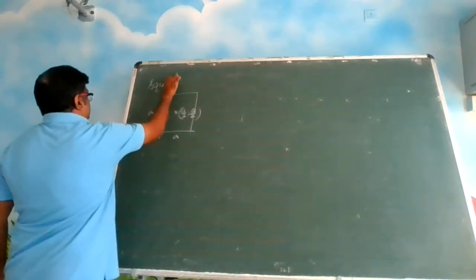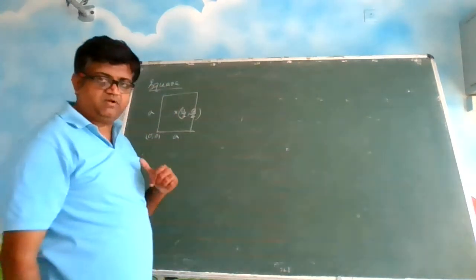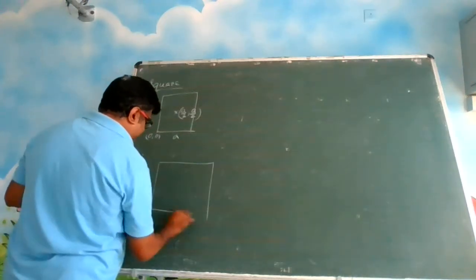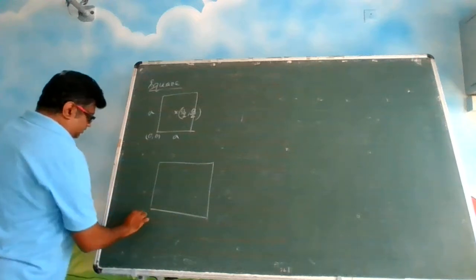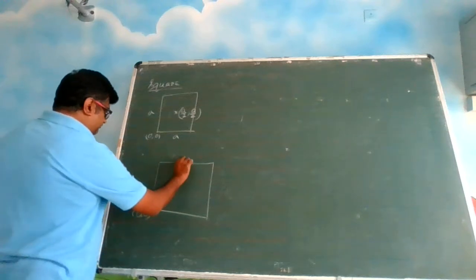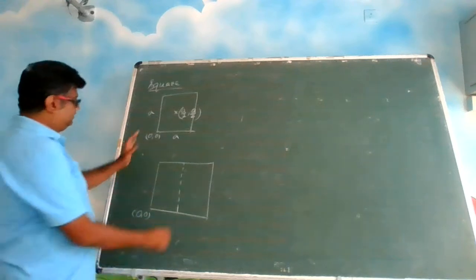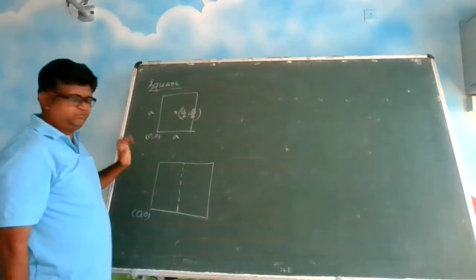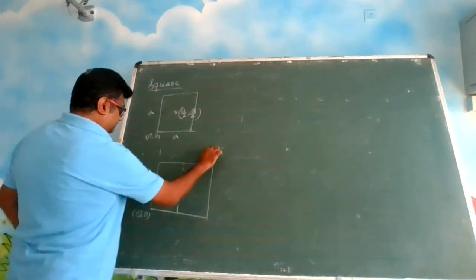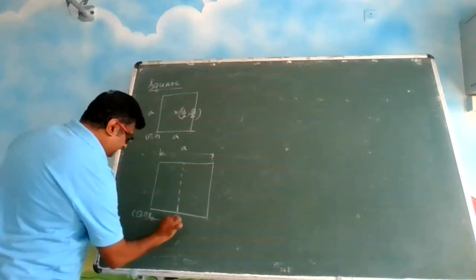I told you a formula also yesterday. Can this be derived from the formula? Let us see. So how to do that? This is my square. First what you need to do is, you need to take a reference. And what we will do is, we will break this area into two parts. In the center I have cut. We have broken this area into two parts. So this total is A. So what is this half? This is A by 2.